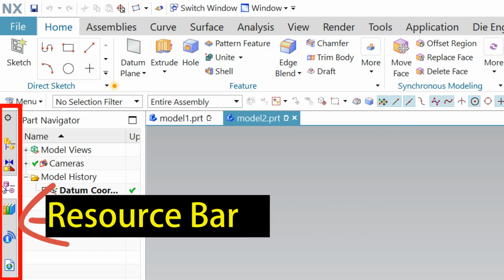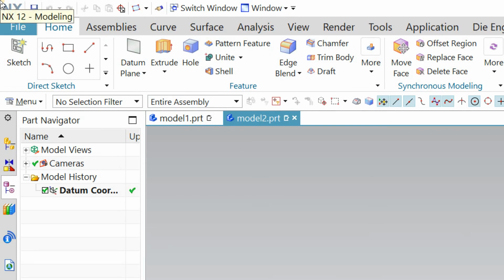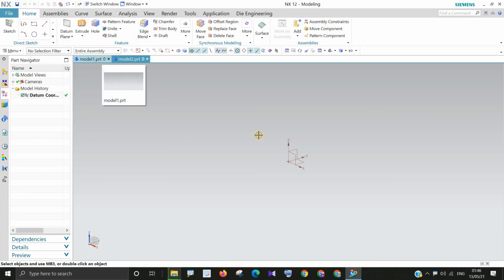So that's all. This was the basic introduction of the NX user interface, and in the next session we will start drawing, like how to choose the X, Y, Z planes, and how to start making models or parts with a live example.